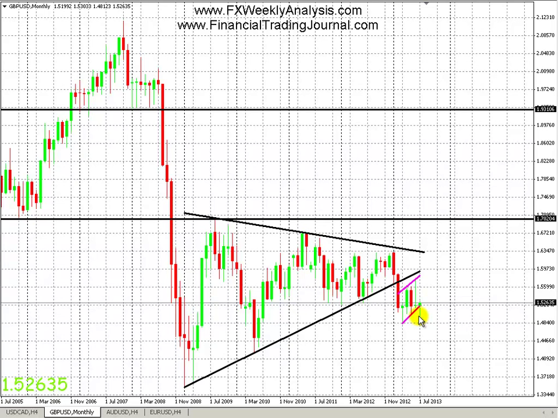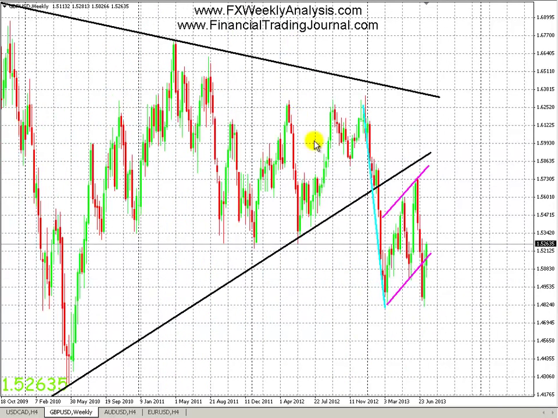So the question is, does it stay like this, or does it continue going up, or does it go back down? That's the question. So moving on to the weekly chart. Weekly chart, we did manage to break back inside of the flag. As I mentioned, this was the bearish flag, and we managed to break back inside of the weekly channel. So there are 2 ways to trade this.